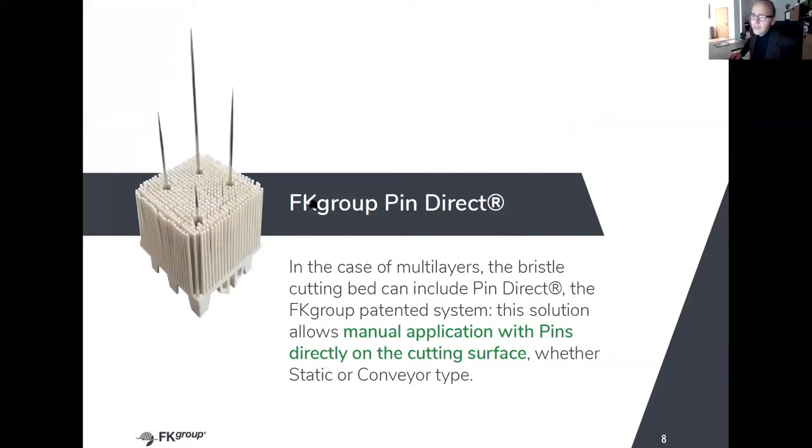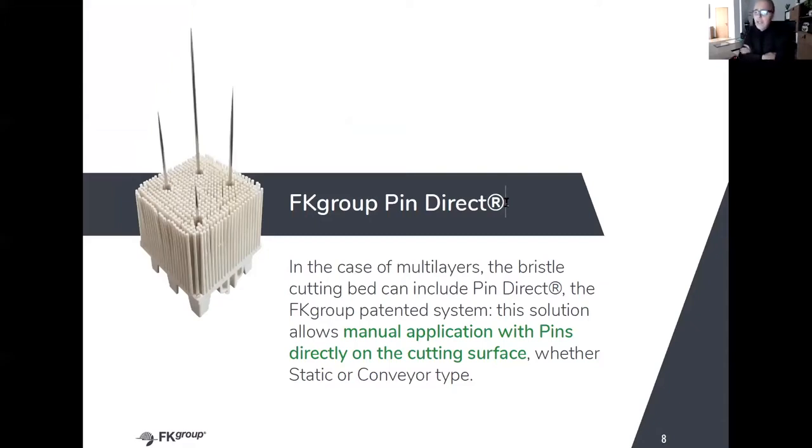Okay, now another patented system from FK, very important. Pin direct. As you know, pin direct is patented by us. The first patent was born in 1997. Later on, we solved many other problems because the first patent had some difficulties.